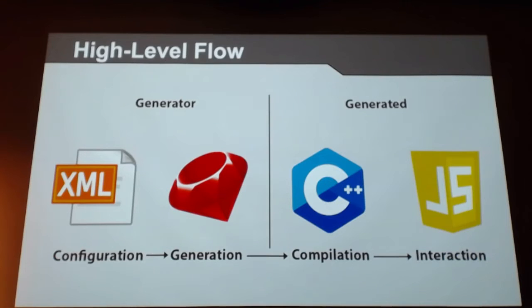Right, so this is pretty much a high-level view of how data flows through the system to get the server that you want. What you start off with is an XML file, and the user defines in the XML file the data that they want the server to hold, the kind of data it is, and the constraints on that data, the range values, and string patterns and whatnot. So we take that XML and pass it to our Ruby program, and our Ruby program validates the XML against the schema to make sure that the XML is correct,